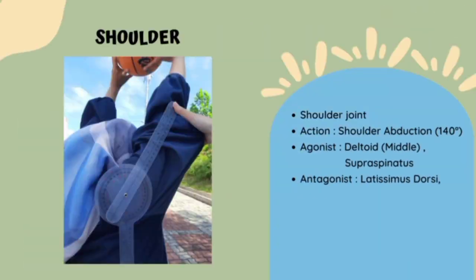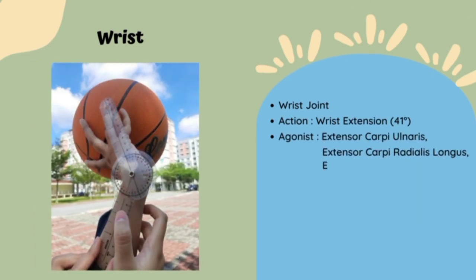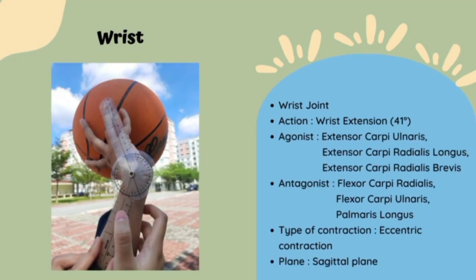We take a look at the shoulder joint first. The player abducts her shoulder joint to 140 degrees. The player's wrist joint extends up to 41 degrees. Extensor carpi ulnaris, extensor carpi radialis longus, and extensor carpi radialis brevis are the muscles responsible for extending the wrist, while flexor carpi radialis, flexor carpi ulnaris, and palmaris longus are the antagonist muscles